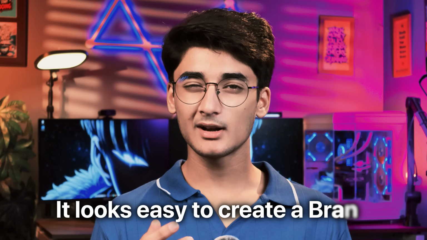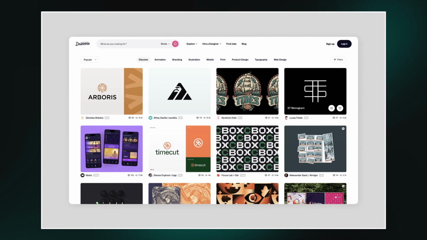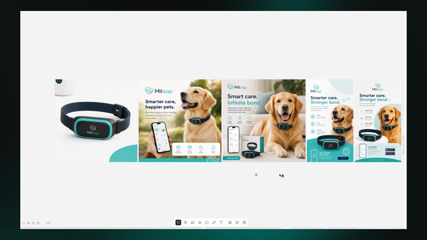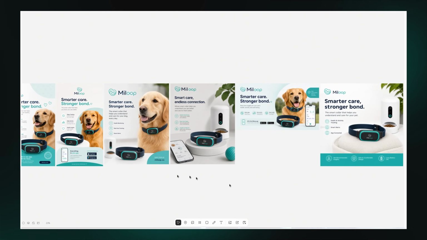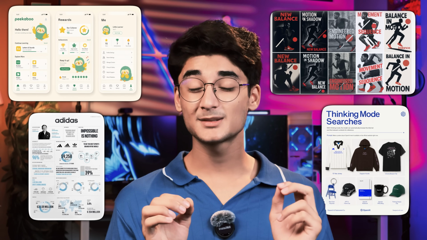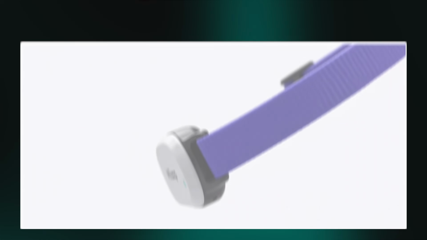It seems simple to create a brand, but in fact, there are many steps involved in it. You have color palettes, fonts, website, graphics, social media posts, and ads to create. The most tricky thing is that you have to make all these assets feel like one brand. Today, I'm going to give you an AI tool or AI design agent which claims the complete branding workflow in a single workspace.